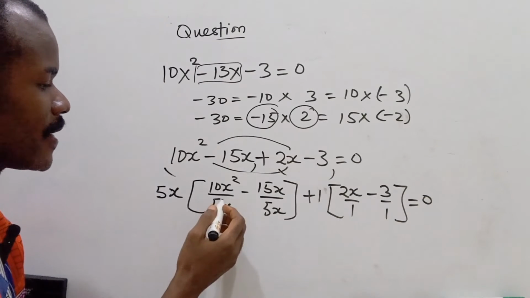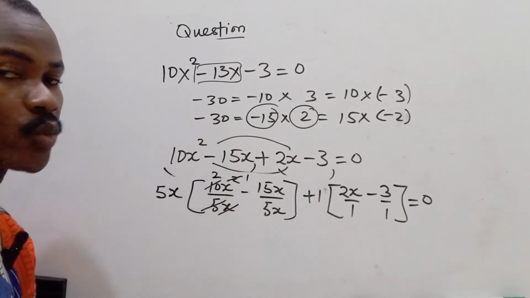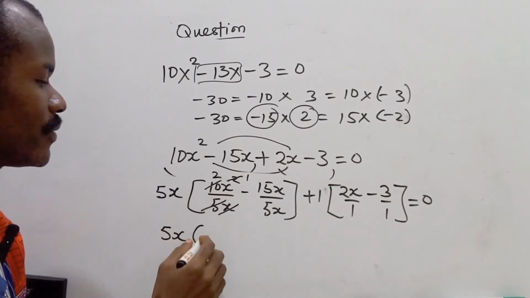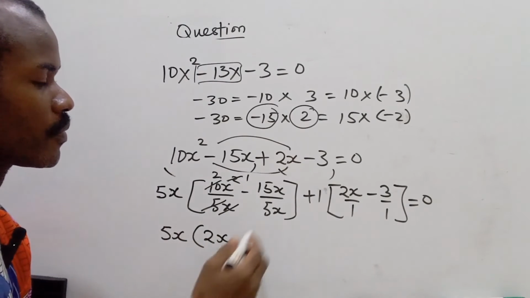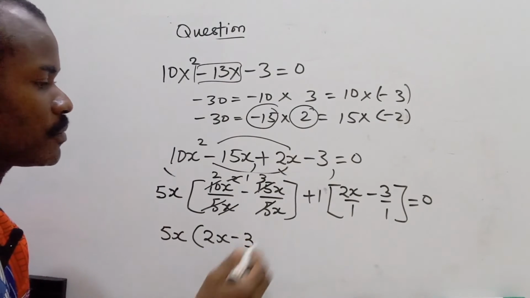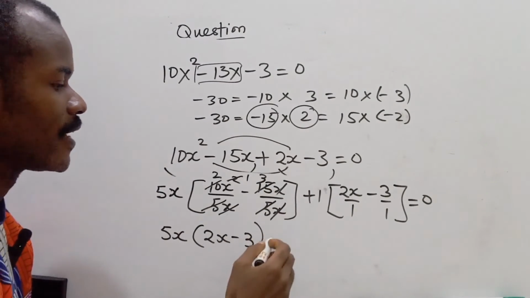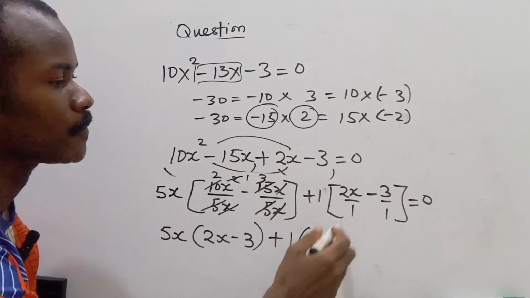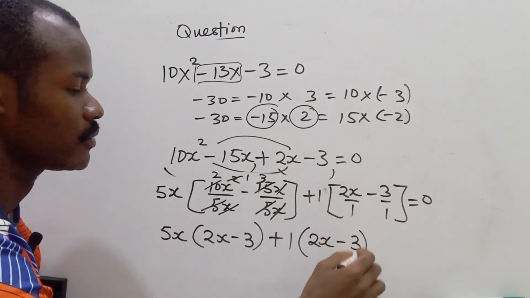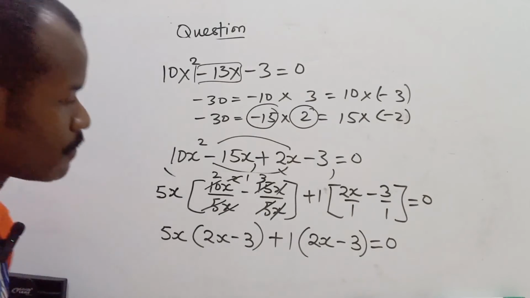Now from this, we have 5 into this is 2. X will cancel out x here. So we have 5x into, we are left with just 2x. Okay, 5 into this is 3. So we have minus 3, and x will cancel out x. Alright, so here we have plus 1 into this divided, this is still 2x minus this divided, this is still 3, which is equal to 0. Alright, so from this,